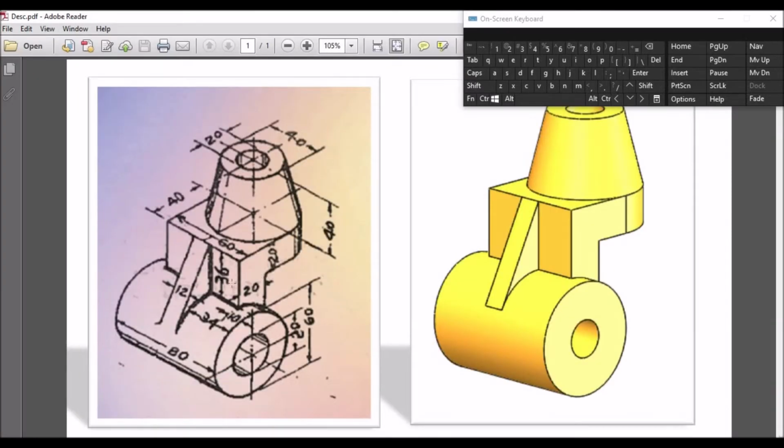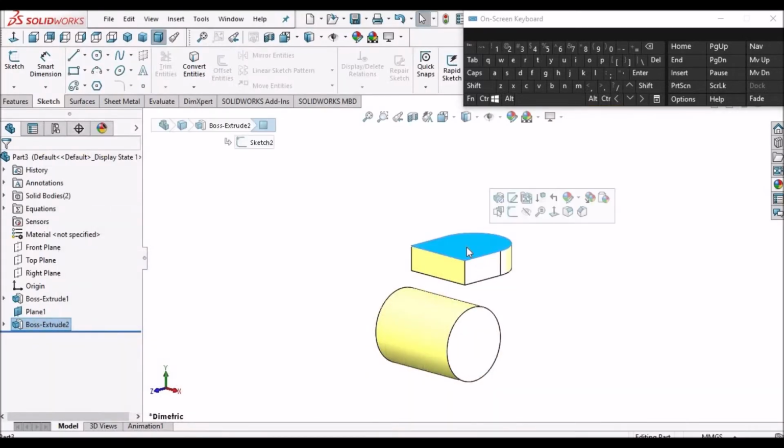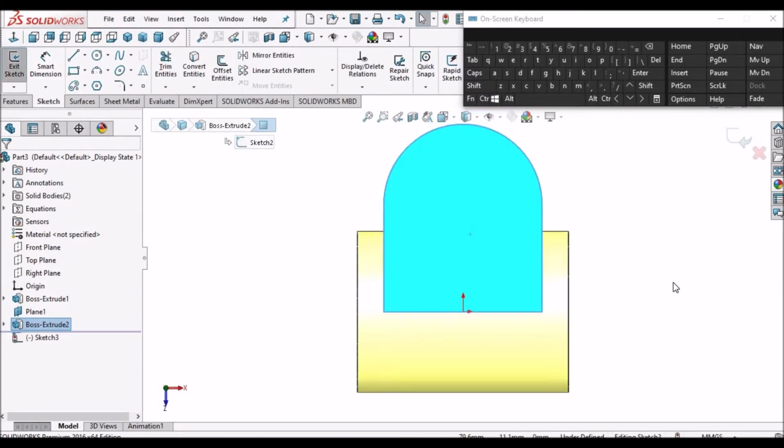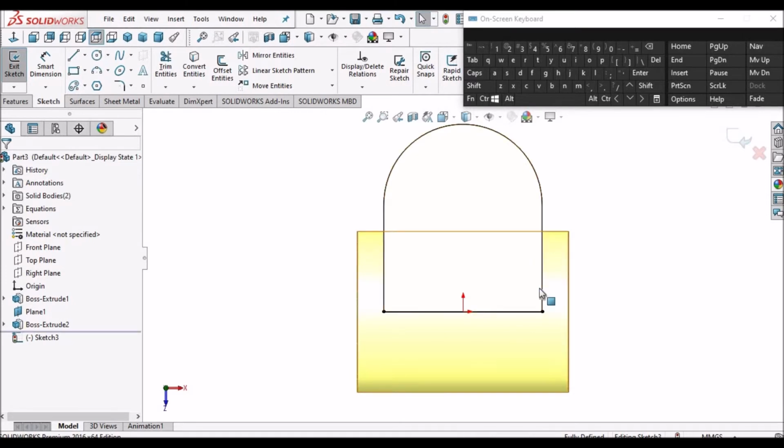Now I am going to create this base. So thickness is 20. This is 20. Go to sketch, keep it normal and select this edge, convert entity, this sketch, convert entity.